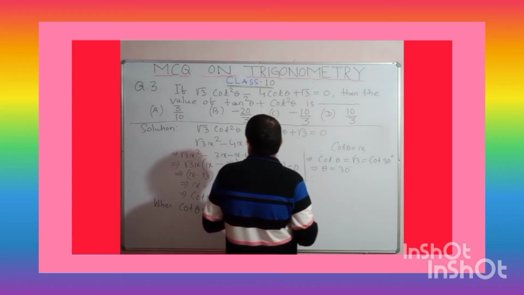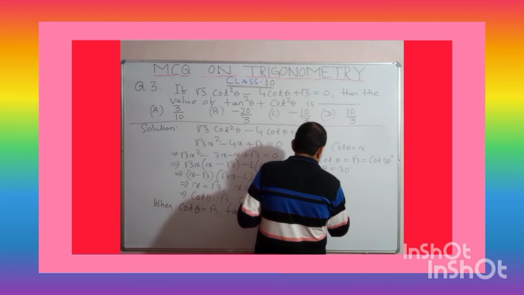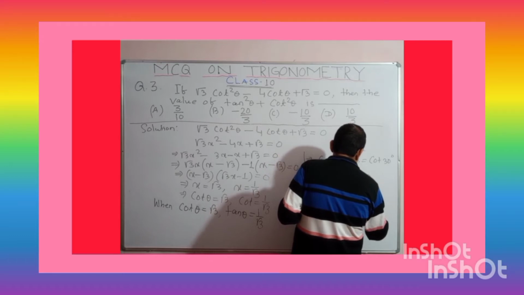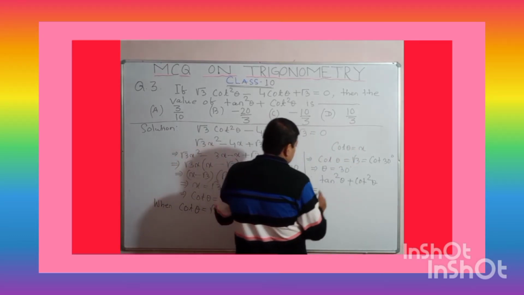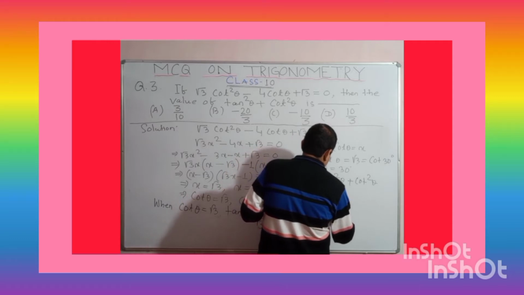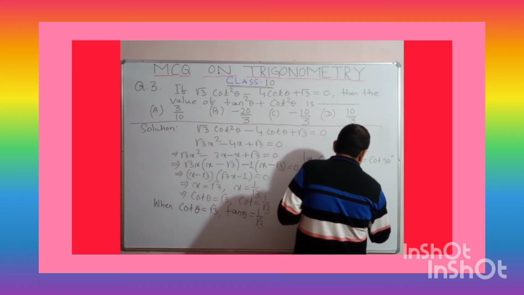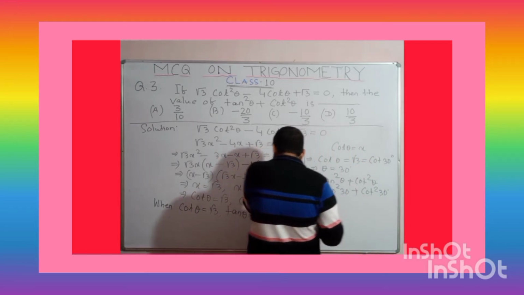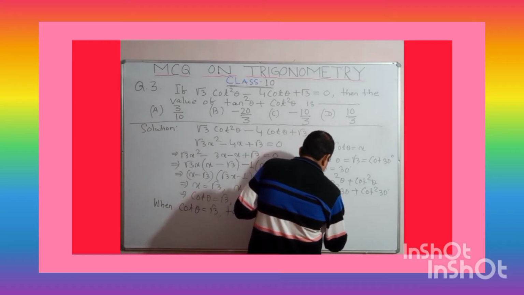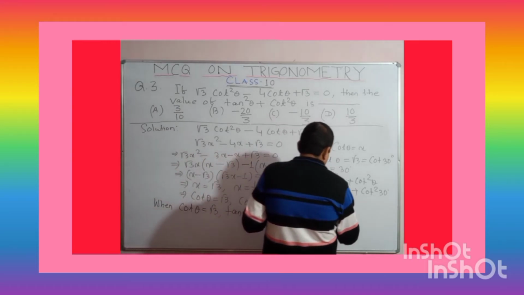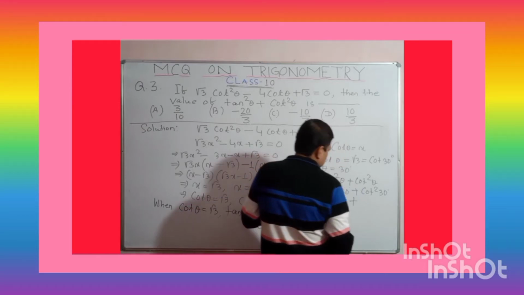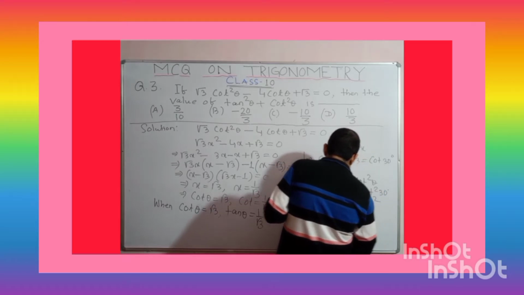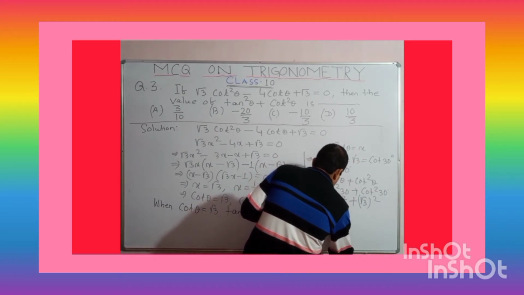Hence, we can get tan square theta plus cot square theta. So use the value. Now tan square theta means tan square 30 degree plus cot square 30 degree. So what is the value of tan 30? Tan 30, all of you know, is 1 upon root 3. Yes or no? So whole square, plus cot 30, what is the value of cot 30? Root 3. Cot square 30 is root 3 whole square. So it will be 1 by 3 plus 3.